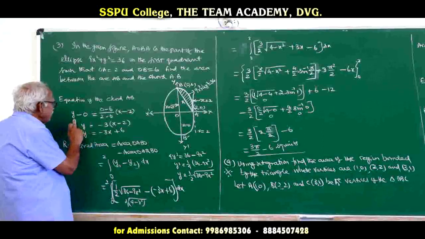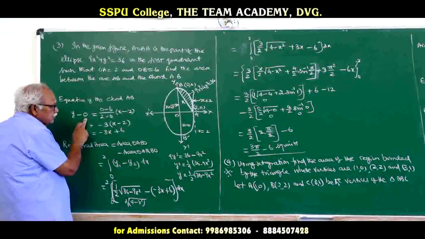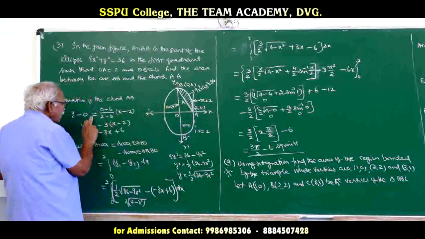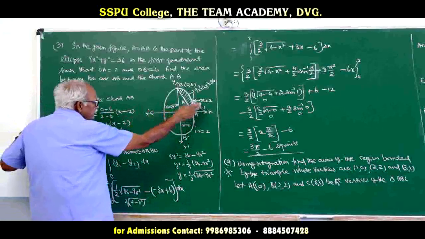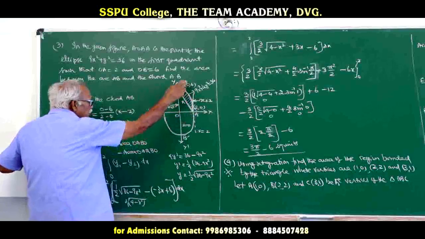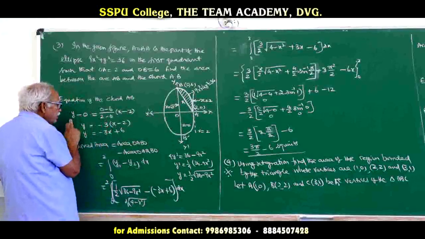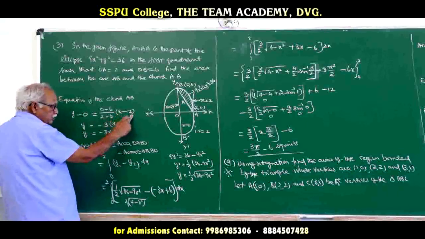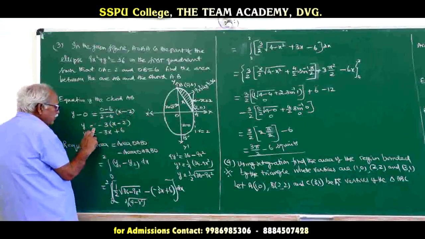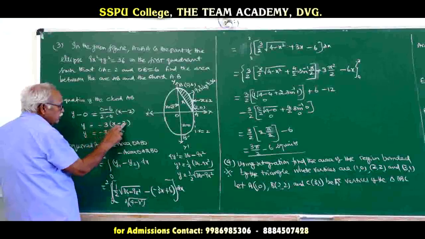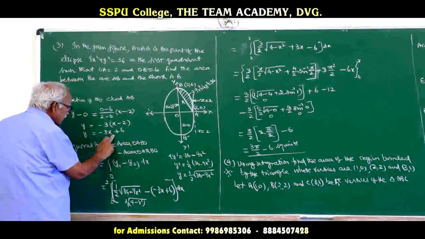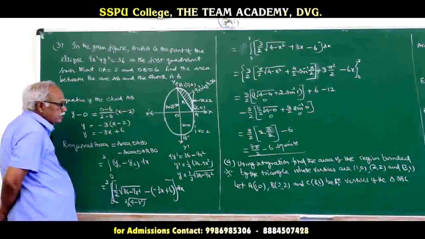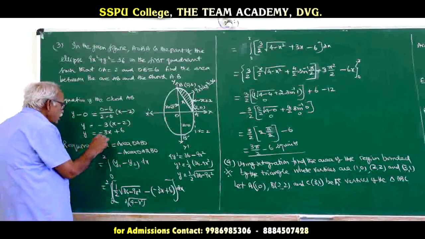Equation of the chord AB is y minus 0. I am taking this point: y minus y1 is equal to 0 minus 6 over 2 minus 0, the slope. Y minus y1 is equal to m into x minus x1, that is x minus 2. You get y is equal to minus 3 into x minus 2, y is equal to minus 3x plus 6. So, we have got the equation of the straight line, y is equal to